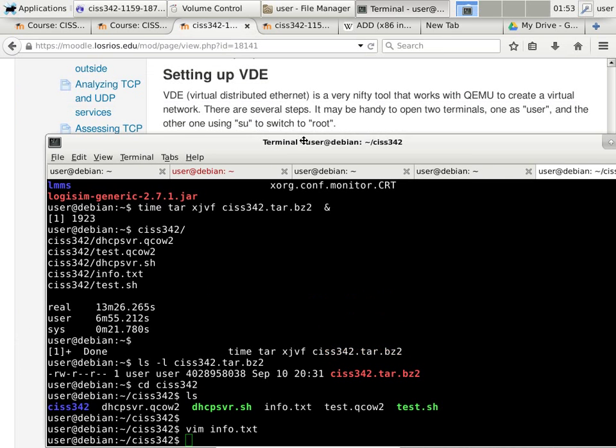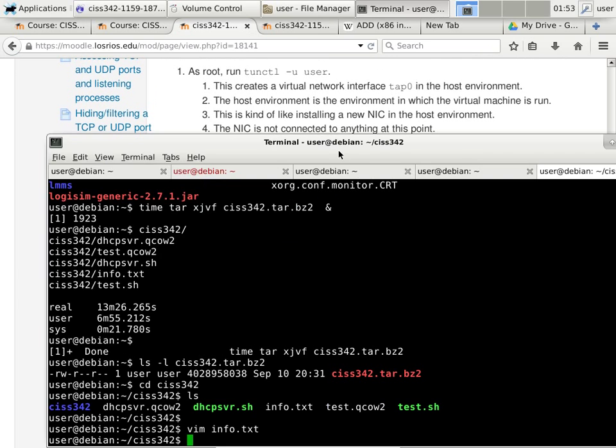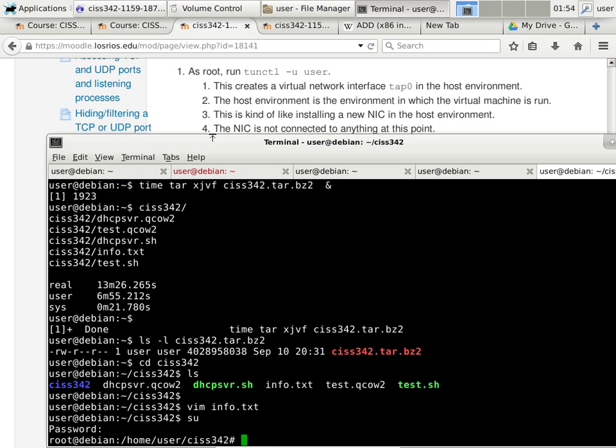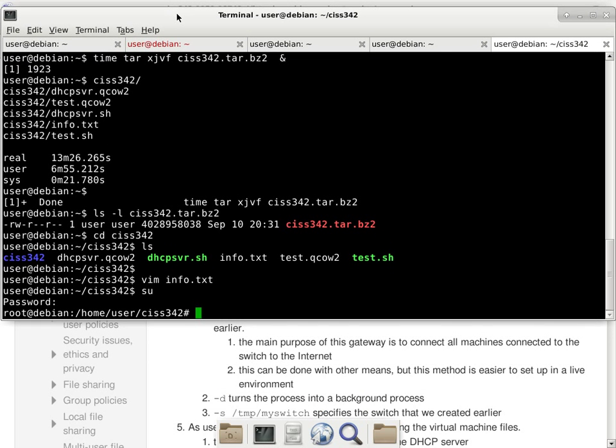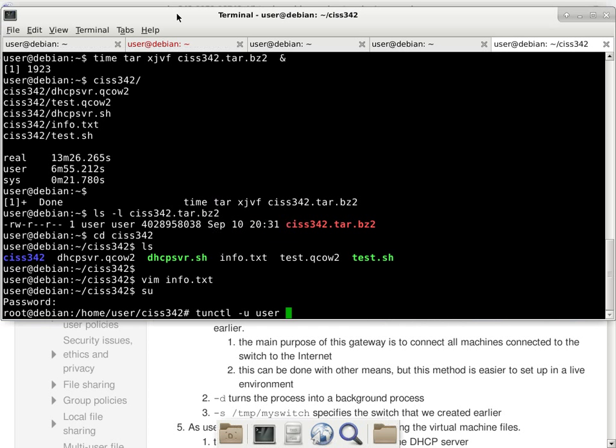Okay, which part is running as root and which part you have to run as user. So here's my command line, and I'm going to scroll this description here so I can see both the description and my command line. Okay, this is the best I can do. You guys cannot see it. Okay, fine. There you go. So I just changed to use root user first. Okay, so I can run the tunctl command, tunnel control. Okay, so tunctl -u user.